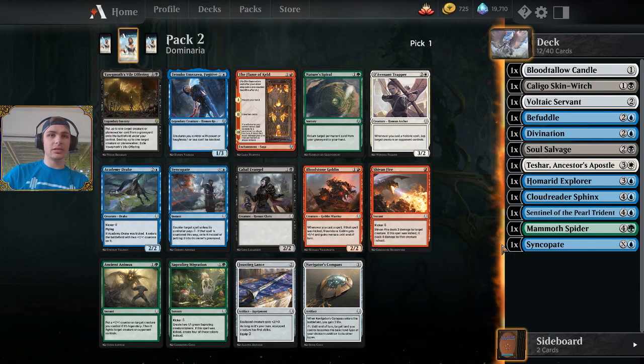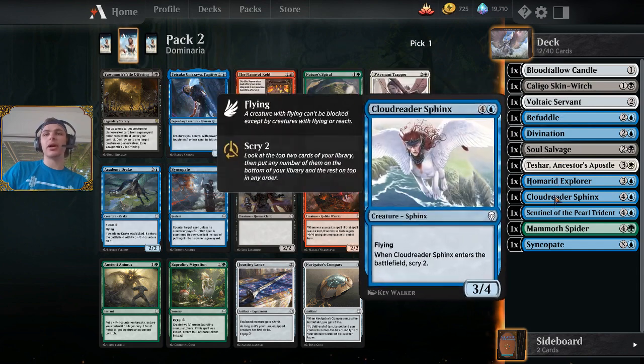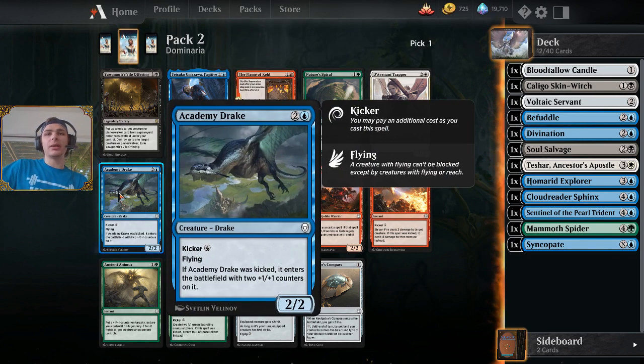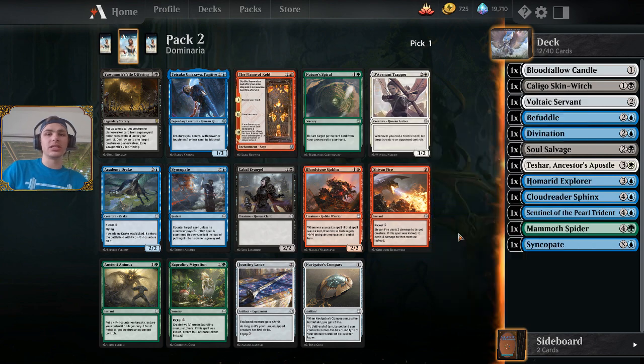So I think in this spot, I would rather take either Tetsuko. Tetsuko's a nice 2-drop. It works well with cards like Calico Skin Witch. There's a couple of other like 1-powered creatures that you can pick up in blue decks, like Vidalian Arcanist and things like that. So Tetsuko is definitely a card that I could consider. Academy Drake, I think, is a little bit worse than Syncopate. Shivan Fire is like the best red common, so Shivan Fire is definitely a card to consider as well, but